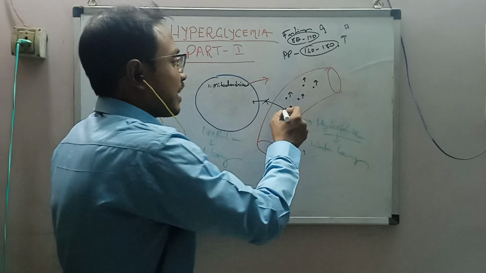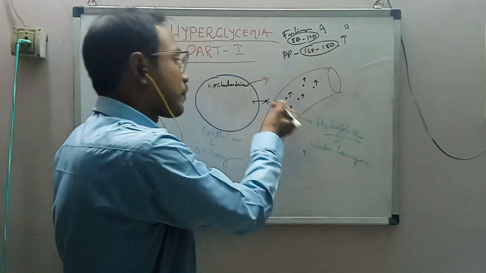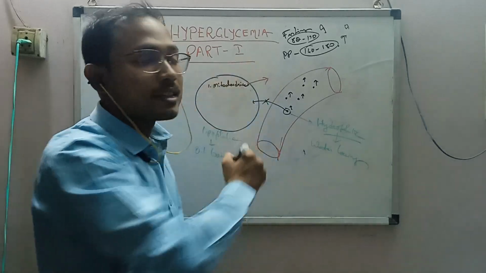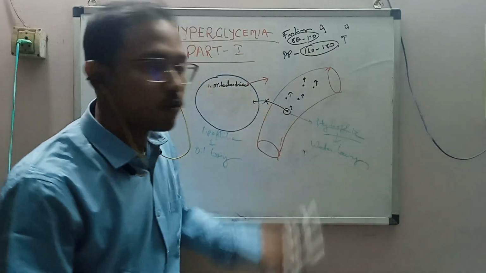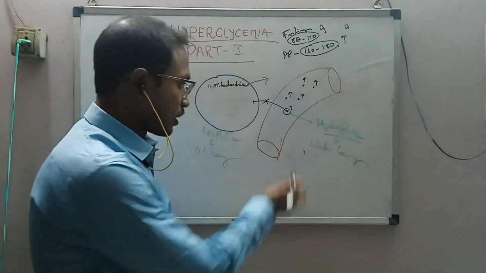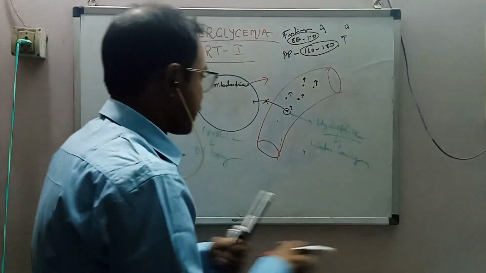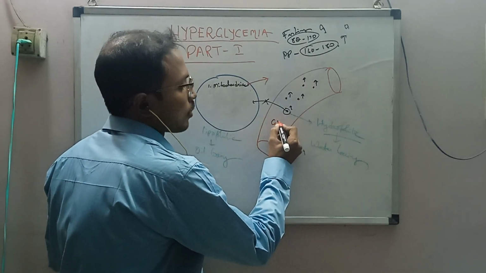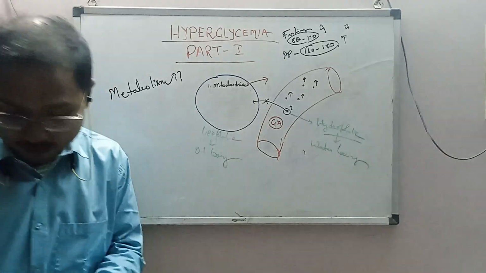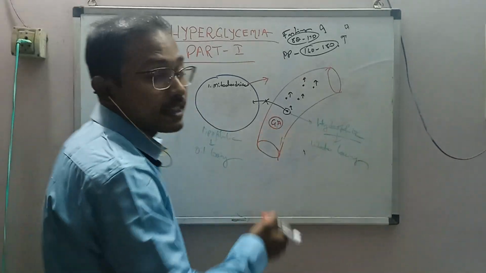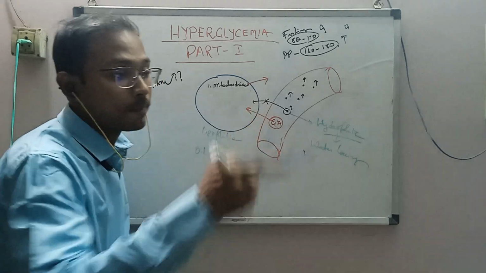Understand? Yes, it fails to diffuse passively into the cellular machinery automatically. It will not pass automatically, okay? But if it were a lipophilic substance, if I am talking about general anesthetic drugs, general anesthetics are highly lipophilic in nature. Very carefully listen: general anesthetics are highly lipophilic in nature and cross the cellular membrane by passive diffusion